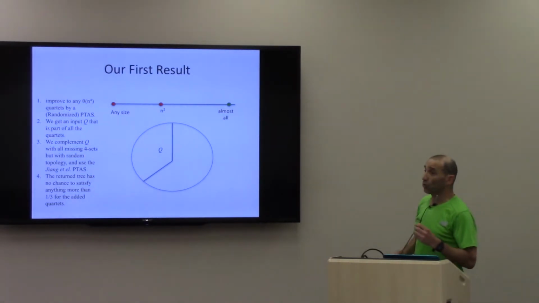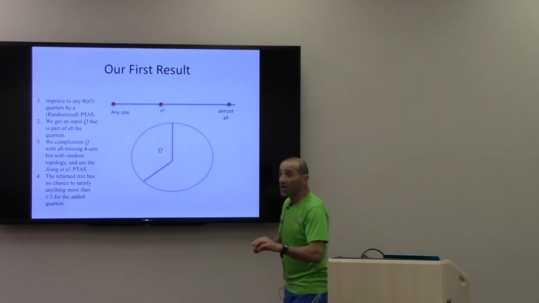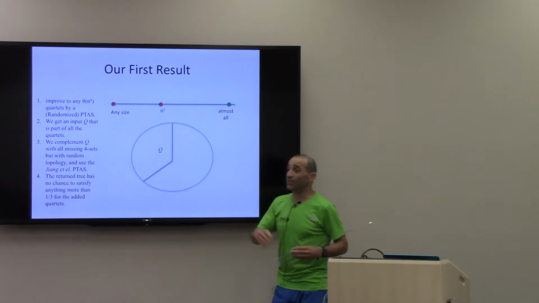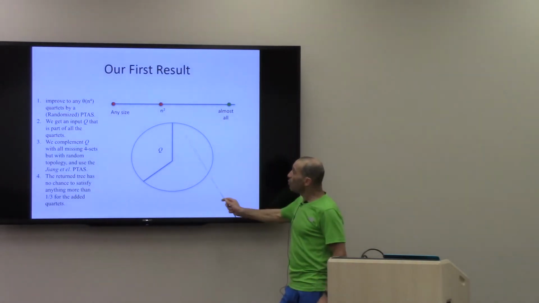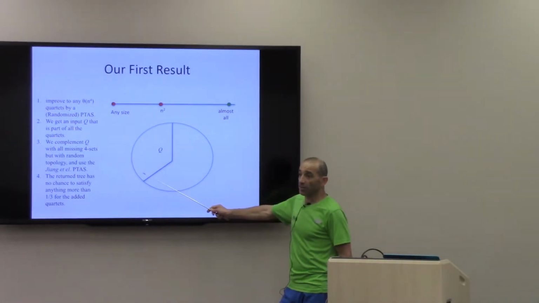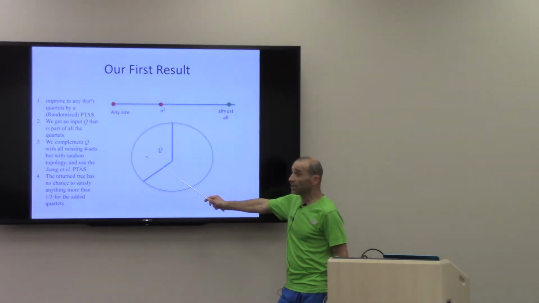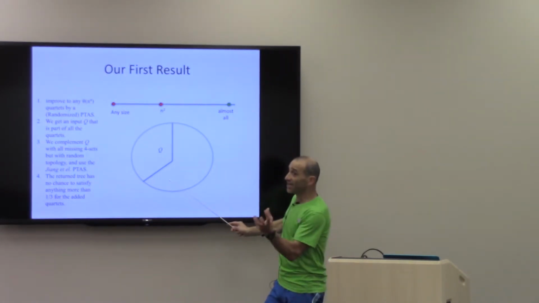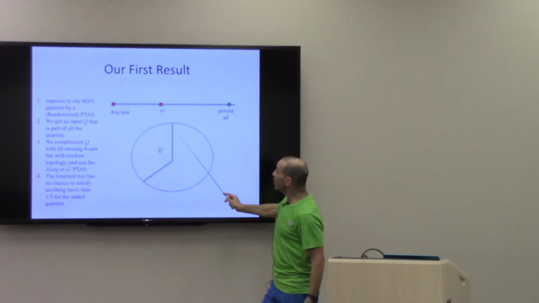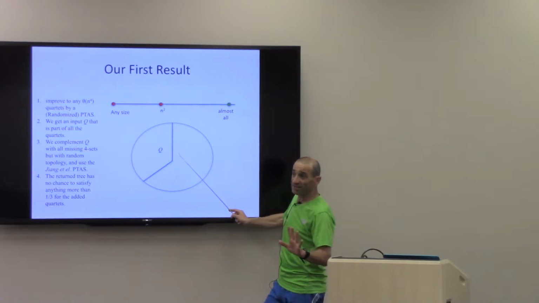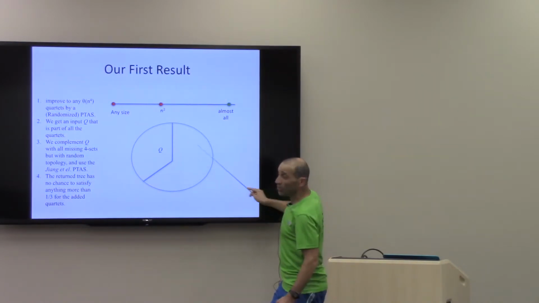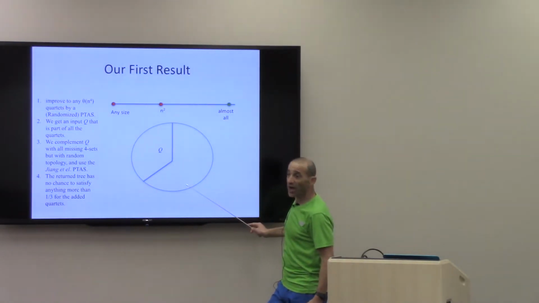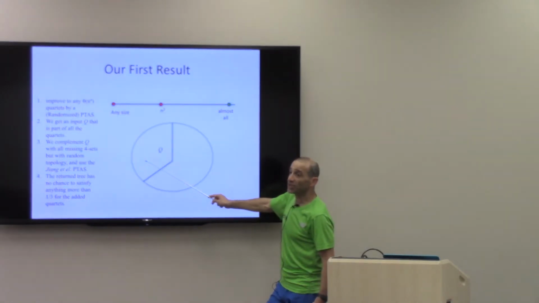However, here we don't require anything. Consistent, inconsistent, because this is already hard, we just give a PTAS and we use their PTAS. The thing is that we know that their tree will for sure satisfy only a third of all the new quartets that we added, and then all the approximation is applied to here.